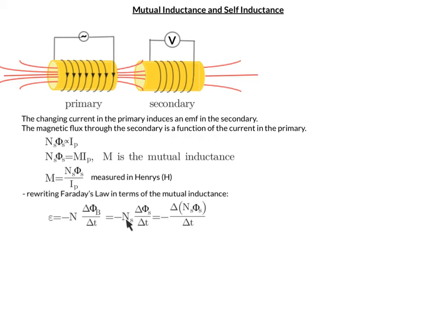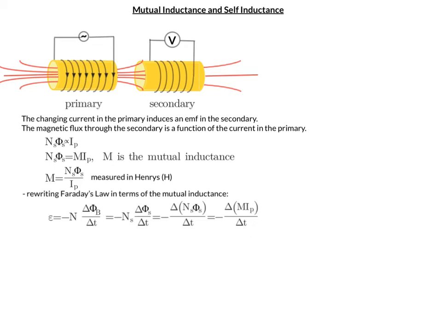And if we now take the number of turns and put it inside the delta symbol, then we end up with negative delta of this quantity with respect to delta t. And we saw that this quantity over here is the mutual inductance times the current in the primary. So then the EMF is negative delta